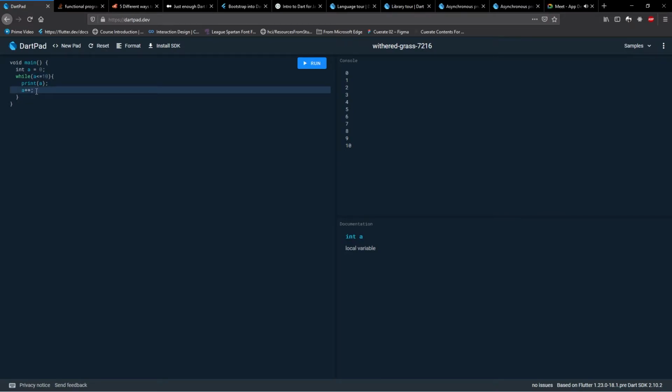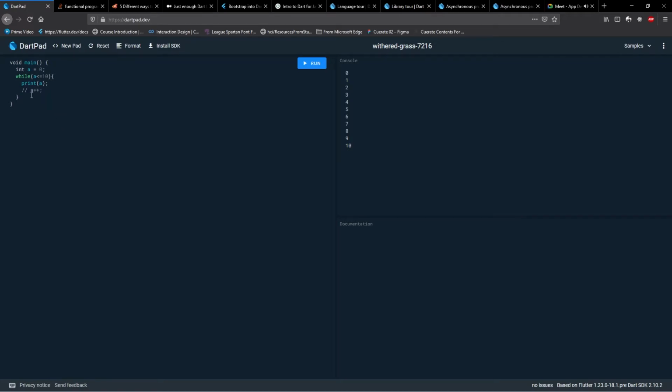Now if I forget to put a plus plus, what do you think will happen over here? Can anyone tell me? I forget to increment a and I've only given a condition over here. What is going to happen? It will display 0. How many times? 10 times. But I'm not incrementing a, right? A is always 0. Yeah, the loop will execute only one time. Wrong. It will execute an infinite number of times.